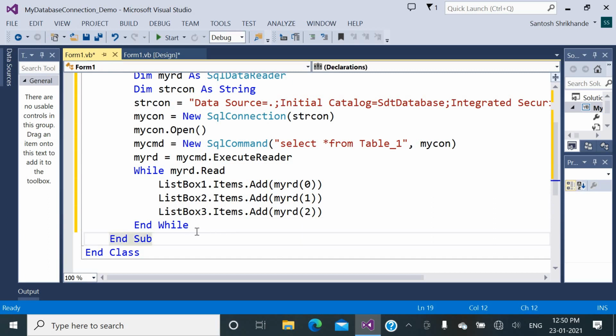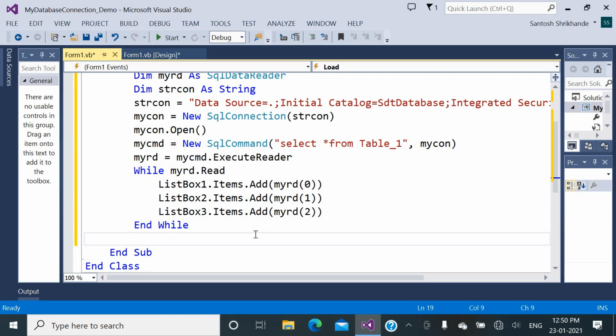All these records will be read one by one from the myreader data reader, and from this data reader we are fetching the records and displaying them in ListBox1, ListBox2, and ListBox3.